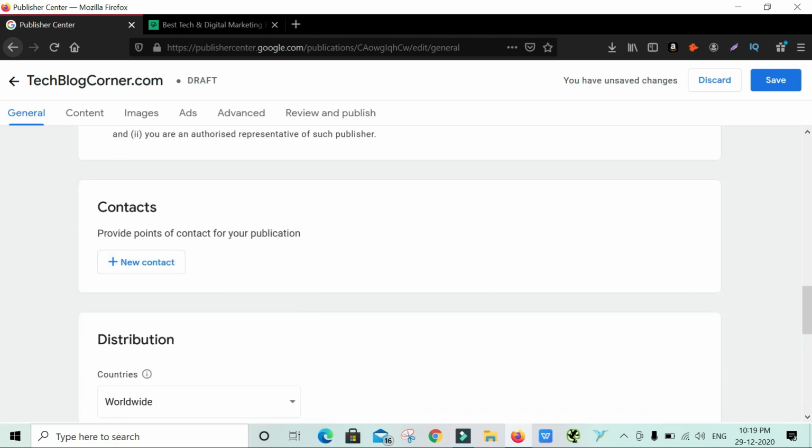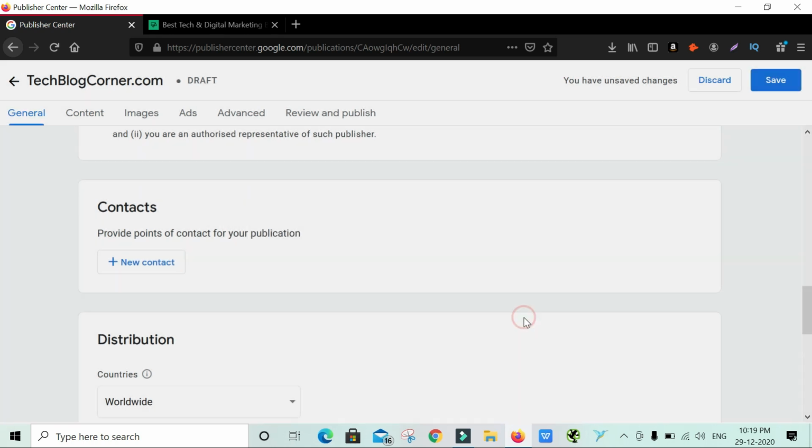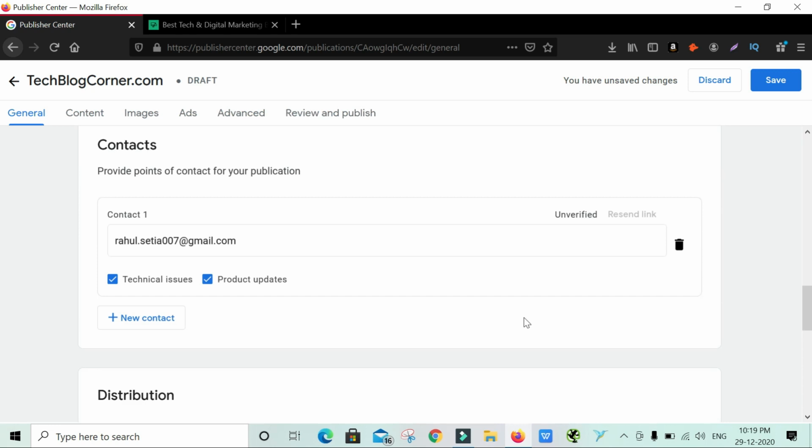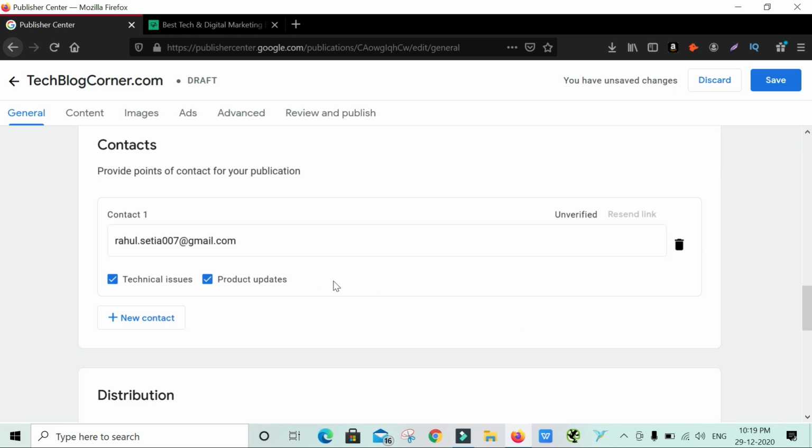Now please provide the contact of your publication. This is the email ID where Google News will send every communication to you. So I'm going to enter my email ID. They will send you an email to verify that the email ID is working.